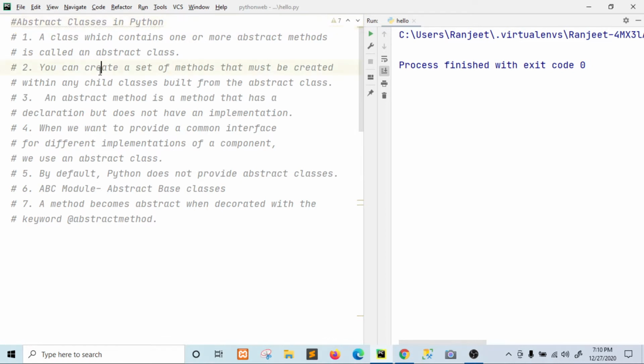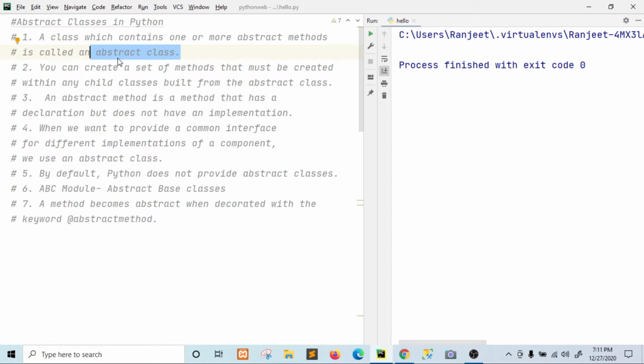So basically, a class which contains one or more abstract methods is called an abstract class. Normally we have a class and methods. Here, a class should have one or more abstract methods, then it is called an abstract class.